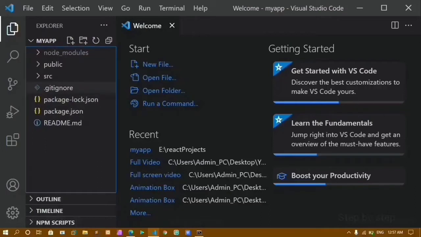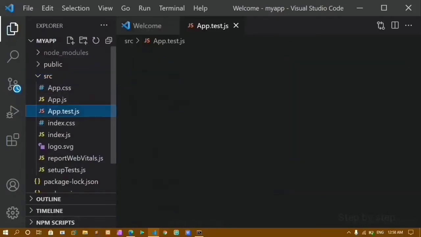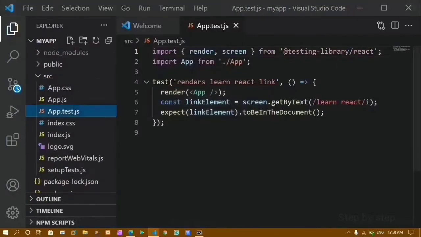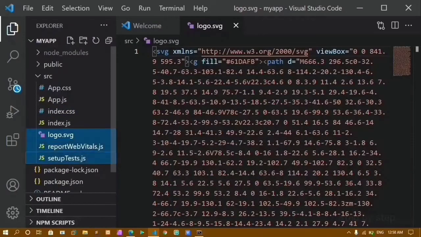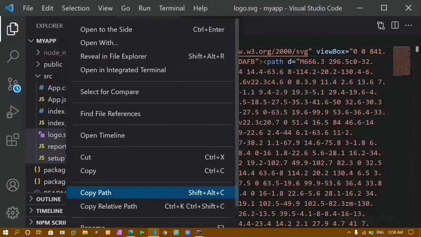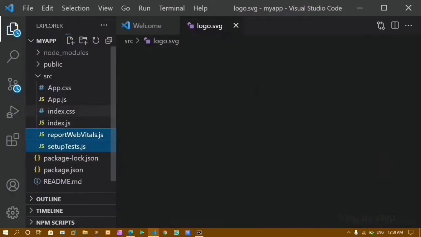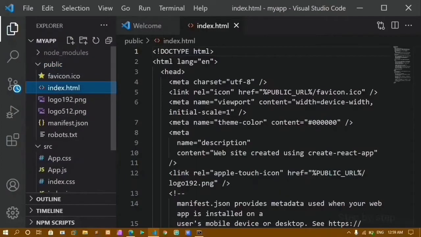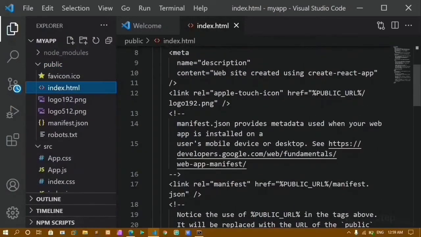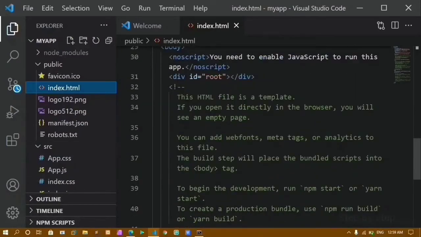I'm going to delete this gitignore file. Now inside my src folder I need this App.js. I don't need this one. I'm going to delete this file, and also I'm going to delete this. I'll be deleting these 3 files from here. And from the public folder we are going to work only inside our index.html. You can see here inside this we have this code and this document dot getElementById, this div id is equal to root. This is the important part.